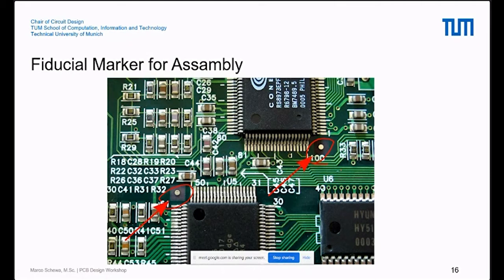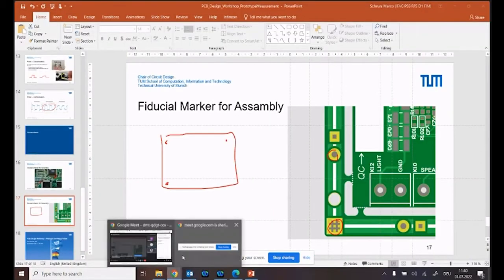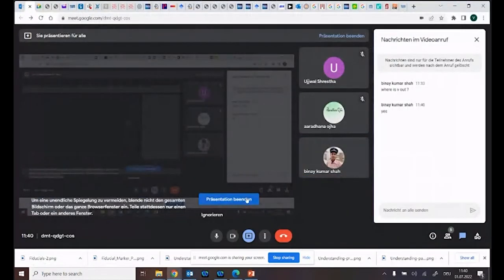Hello, Marco. Hello, Marco. Yeah, hello. Will you help me find out is my spice model of